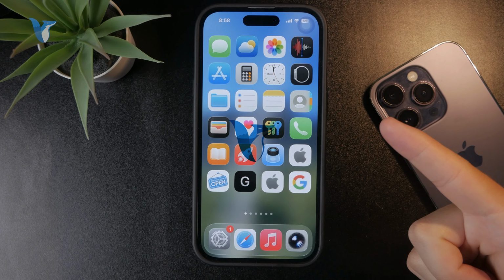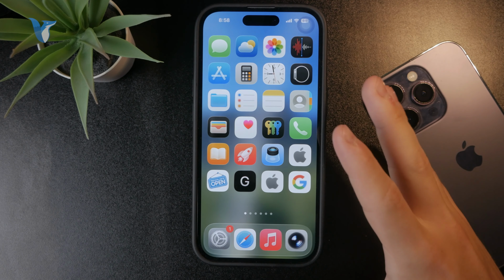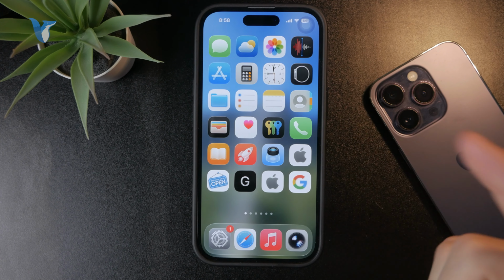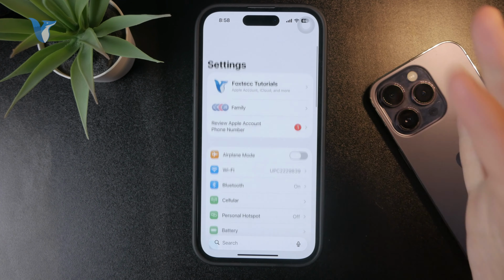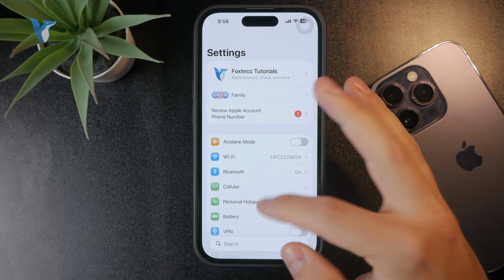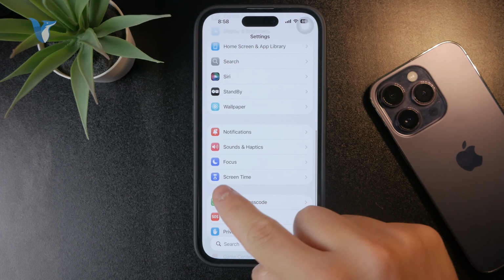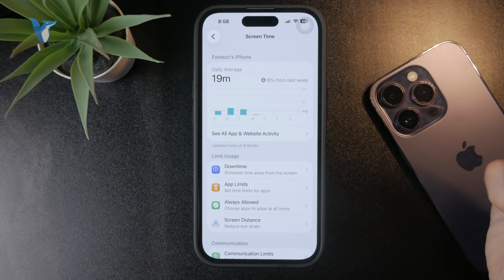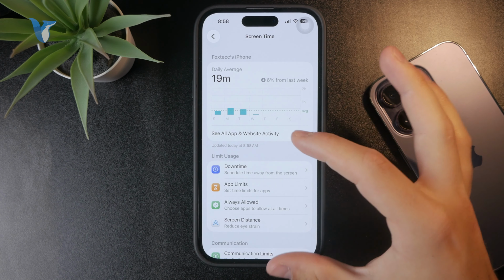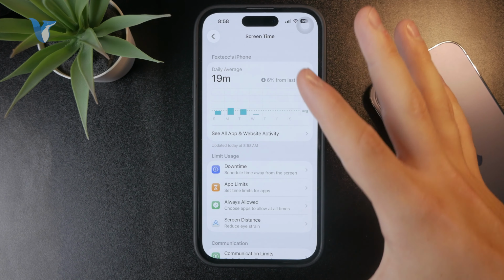Here is how you can turn off your iPhone's too-close pop-up. All you have to do is open up the Settings app, and as you are on the main page, scroll down a little bit more and find the Screen Time section. As part of this we have the general controls and the data about the screen usage, but part of this